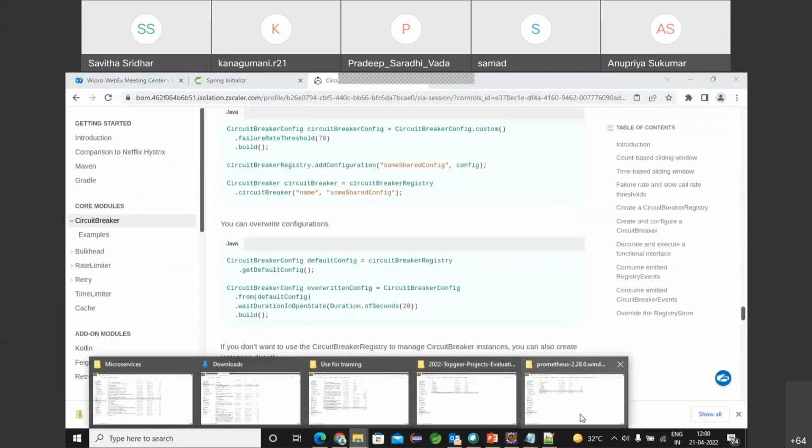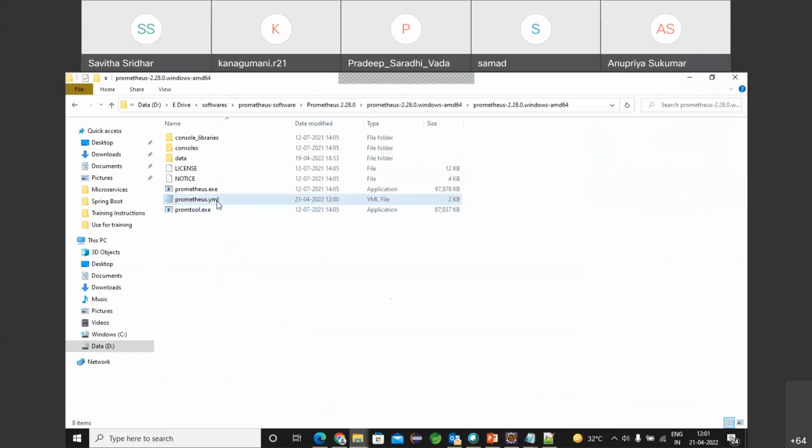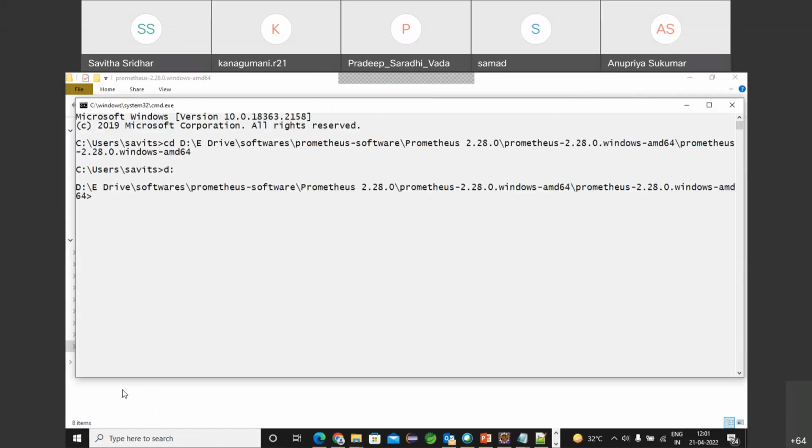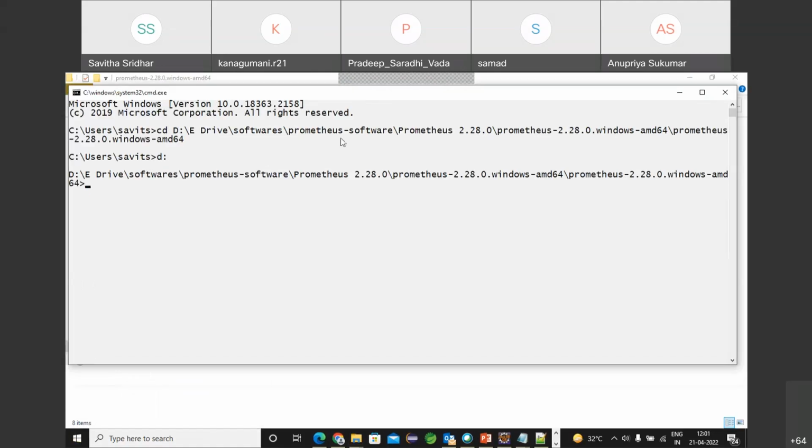Okay. So in my case, this is the Prometheus thing, right? Once you have updated your YML correctly, this is the exe that you will use to start. Okay. So let me be ready. I will just go to my command prompt and let me be here. Can you all see that I'm sitting in my Prometheus installation directory? Of course, you can add it under the path also. Okay. In my case, I have not added it under the path. So I need to be in the current directory where that exe is. And here you can run the exe. Yeah. But before doing that,